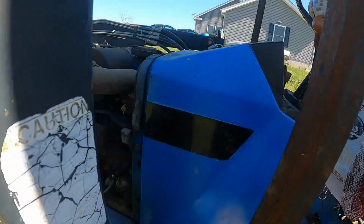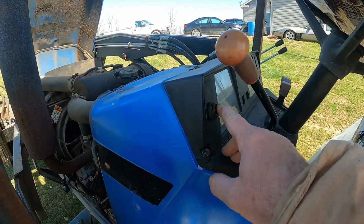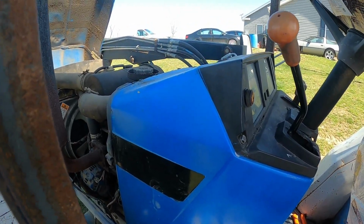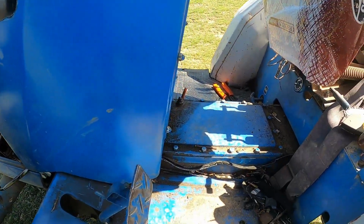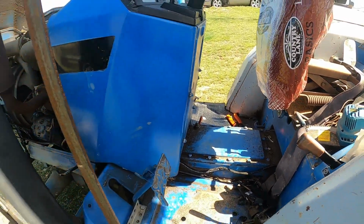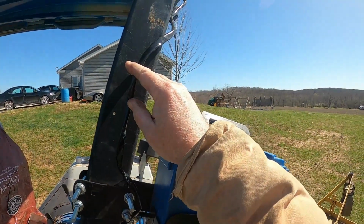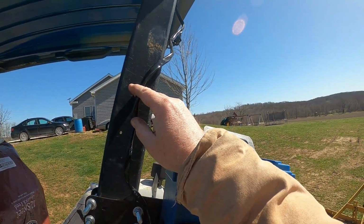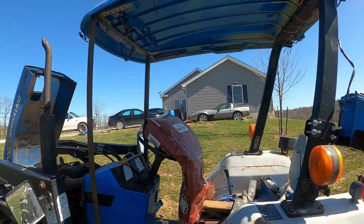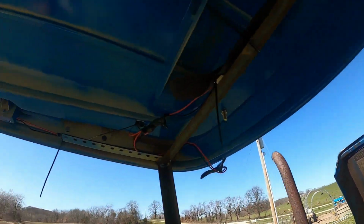But I came back here, went through the dash, drilled a small hole and set the light right into the dash. The light that shows power for all the lights is down here. Yeah, this tractor's old and it's a mess. But that comes through, goes up the ROPS, and then I've got all 4 pretty much hooked into one setup. And one thing that I started, I'm still doing right now, let me climb up here so you can see it, is